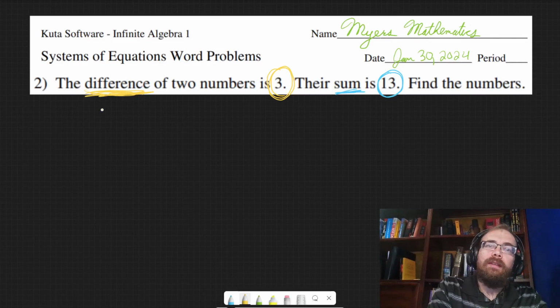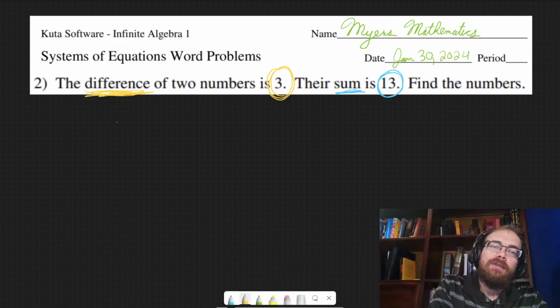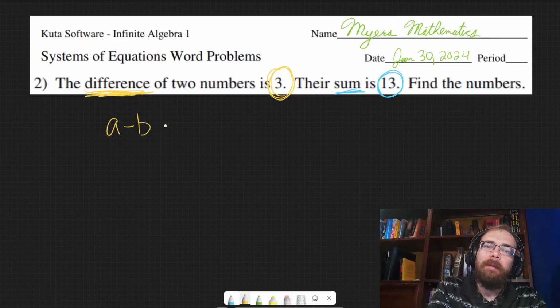So the difference, and it doesn't really matter which one you put first. It could be a minus b or b minus a. I know that a minus b does not equal b minus a, but they aren't specifying which one's the bigger one in this problem, so it really doesn't matter. Don't overthink it. You can just do a minus b. Difference of two numbers, a minus b, means equals 3. Then for the other equation, the sum of the two numbers, so we're adding,